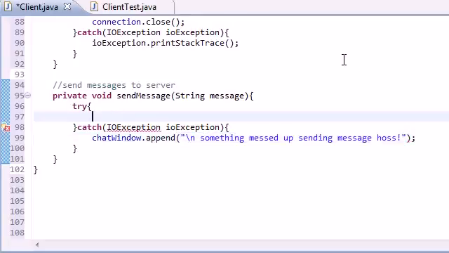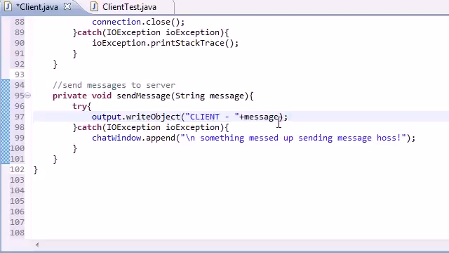So now we can go ahead and throw something in the try. So just like before, what we're going to be doing is we're basically going to be creating a string object and sending it through our output stream. So in order to do that, go ahead and tap into your output, write object. And what object do you want to write? Well, first write who it's coming from, client minus